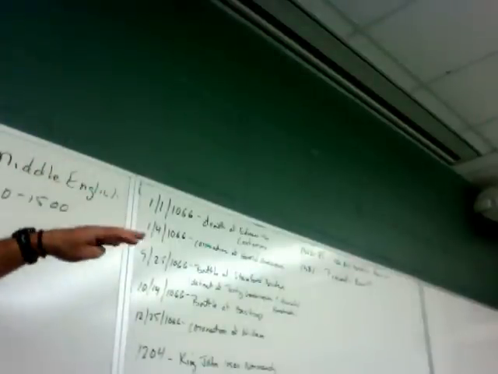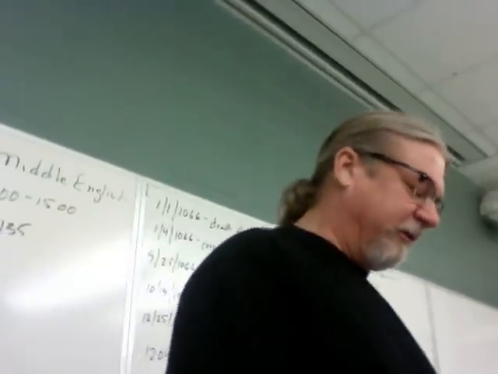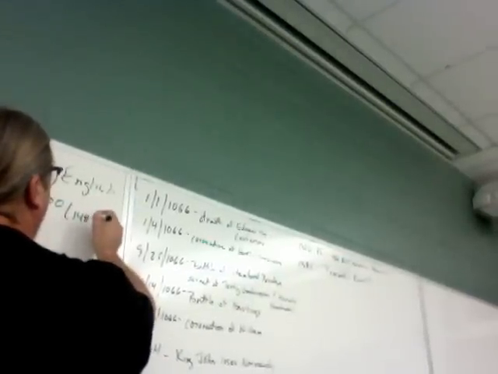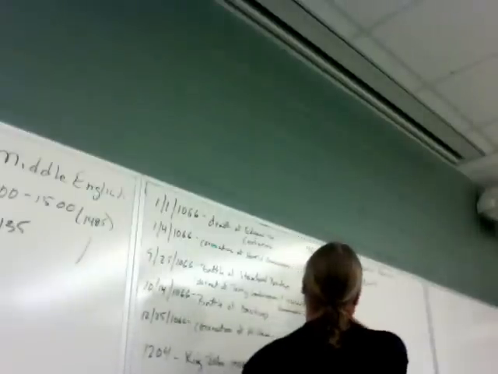You can specifically date the beginning of Middle English. The earliest document we have in Middle English dates from 1135. It's in what's called the Peterborough Chronicle, the Peterborough version of the Anglo-Saxon Chronicle. And a lot of people will actually date the end of it to 1485, the Battle of Bosworth Field,